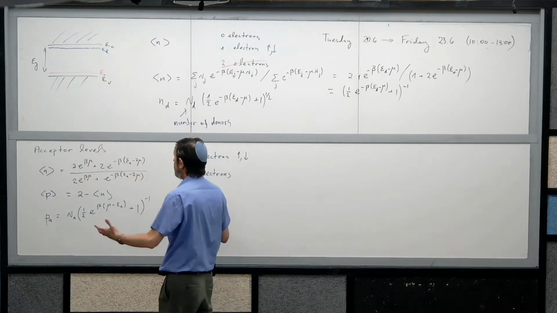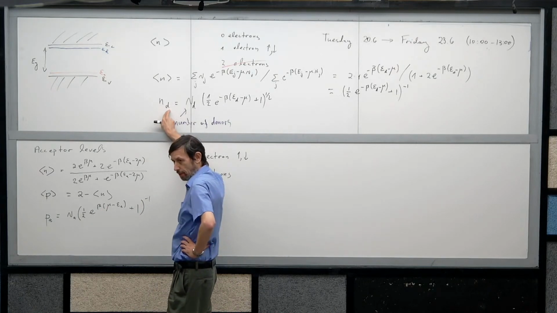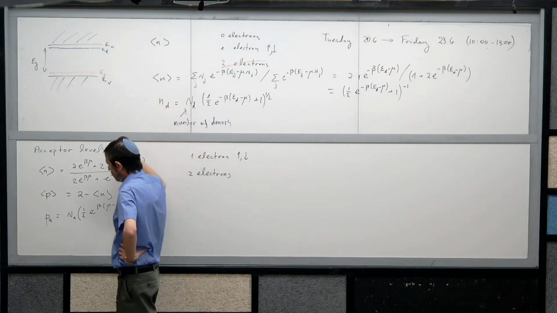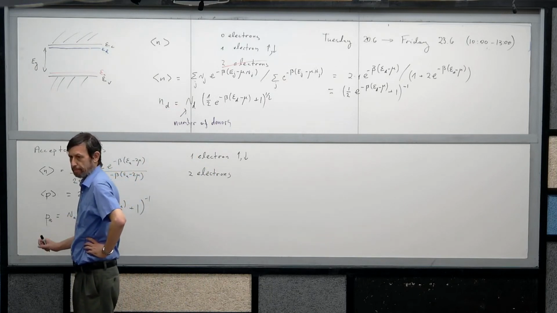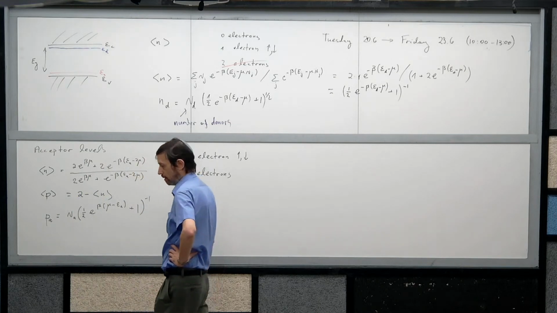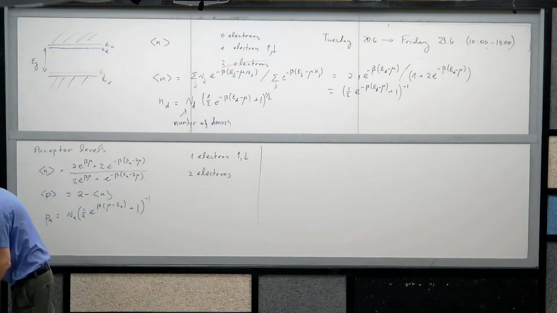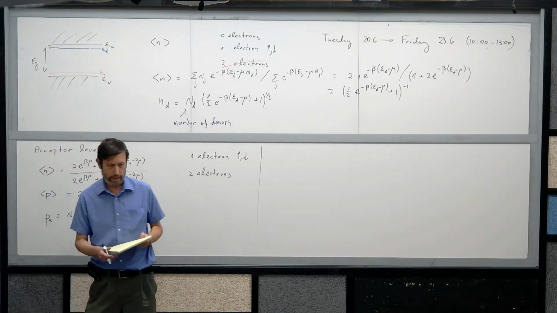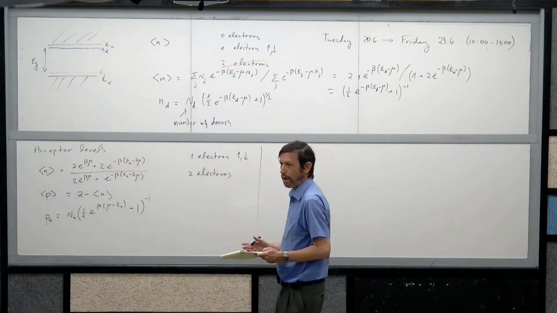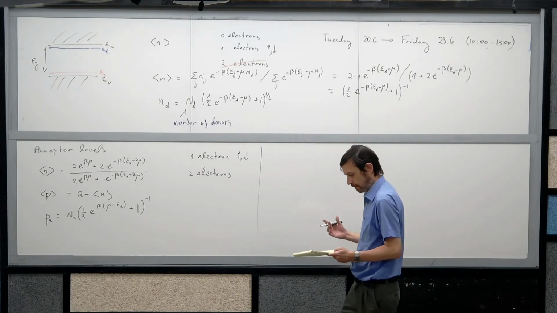Okay, so we have ND number of electrons on the donor levels and PA number of electrons on the acceptor states. Okay, so in general, if I want to write what happens here from the point of view of number of electrons in the system,